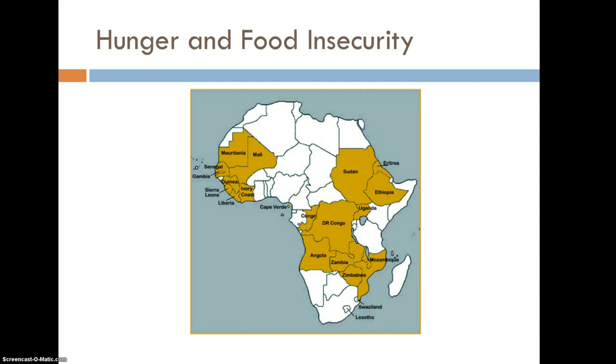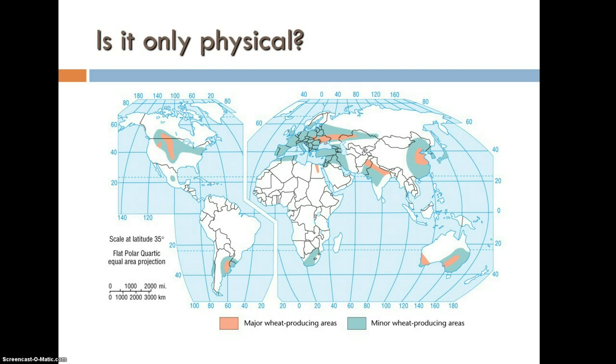When we look at this map, and maps are one of the important tools of geographers, we're looking at a map showing countries in Africa that have a high percentage of hunger and food insecurity. This has been an ongoing problem in developing Africa. We can look at this map and say, well, these are areas that need some kind of help with food insecurity. And so one of the things that people did is they looked at a map of wheat